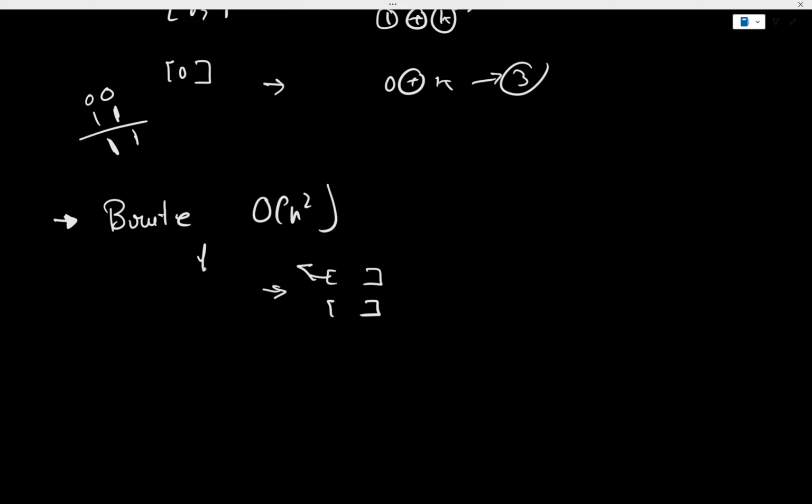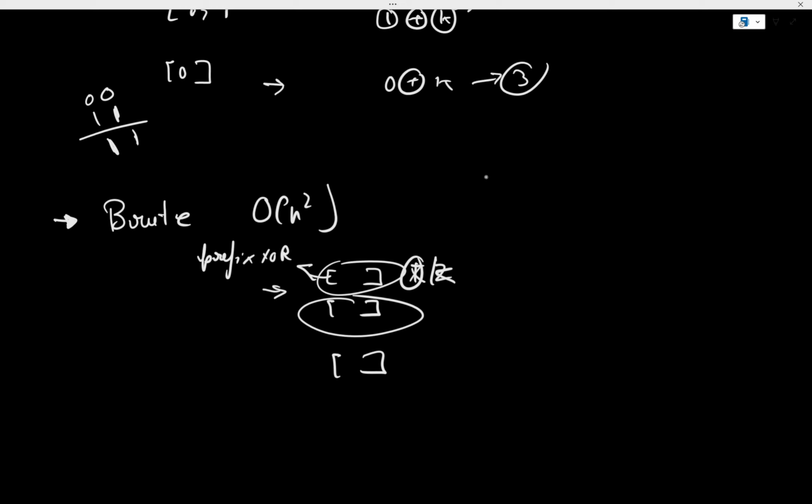You can prefix the XOR, but still every time you need to do it. Also, that thing of 2 power, we need to find k basically, and that k is less than 2 power max bit, and max bit can be 20 also, so it's around 10 to the power 6 or 10 to the power 5, and n is also 10 to the power 5. So doing that loop again and again, I would say would not be that good,